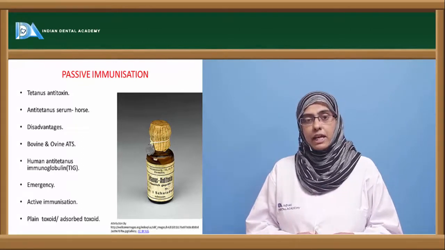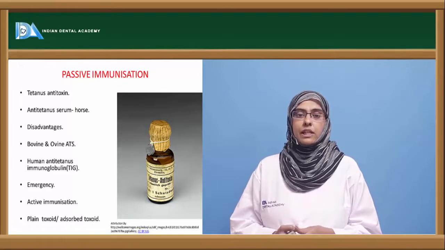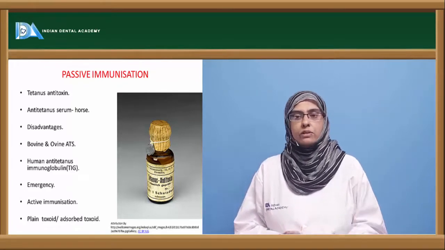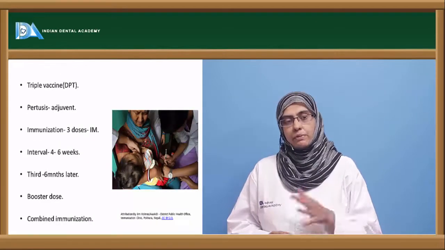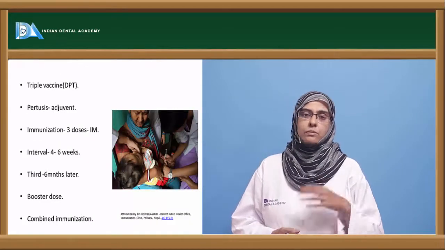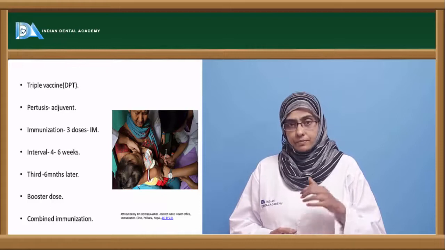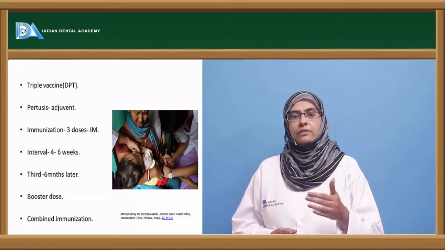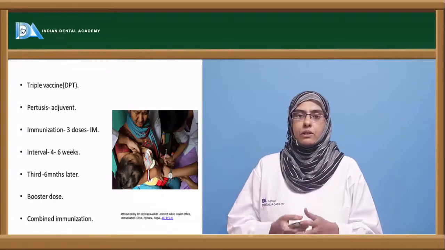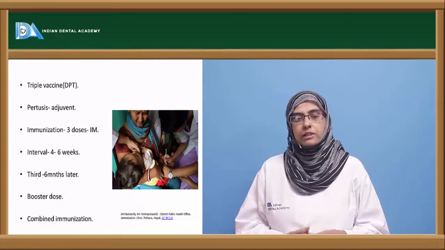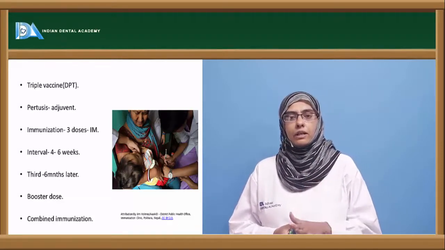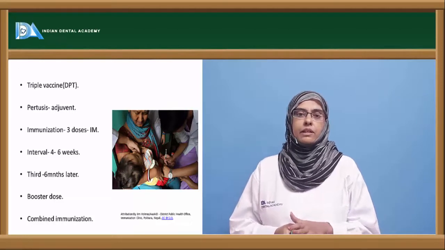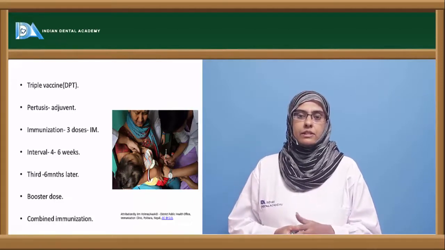Apart from that, you can go with active immunization, which is usually given in the form of a plain toxoid or an adsorbed toxoid. Here, the most preferred one is the adsorbed toxoid on aluminum sulfate, which usually gives better results when compared to the plain toxoids. And this active immunization with the plain or adsorbed toxoid can be given as a single subcutaneous injection,